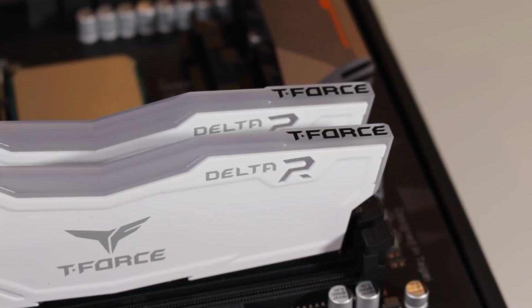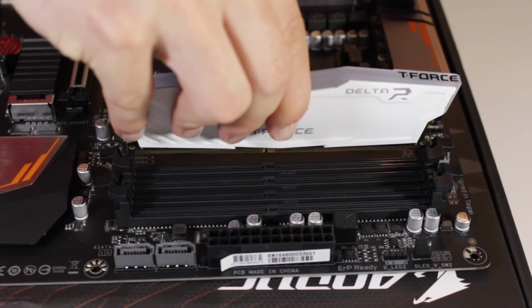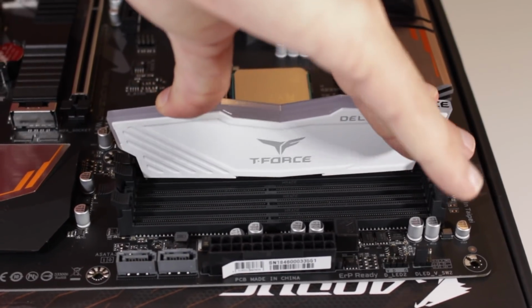quiet. For RAM, I went with a 16GB kit of Team Group T-Force Delta RGB RAM at 3000 MHz. This stuff works pretty good and the RGB implementation looks really nice. At $120, this is a pretty good value for the money if you want RGB RAM and has plenty of